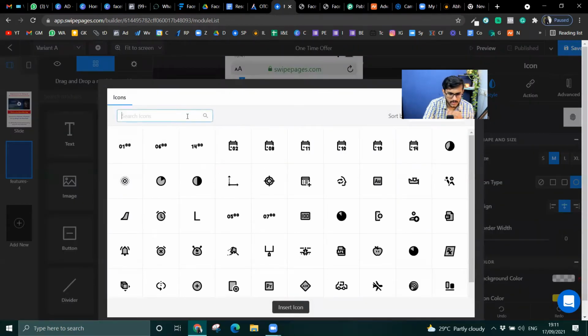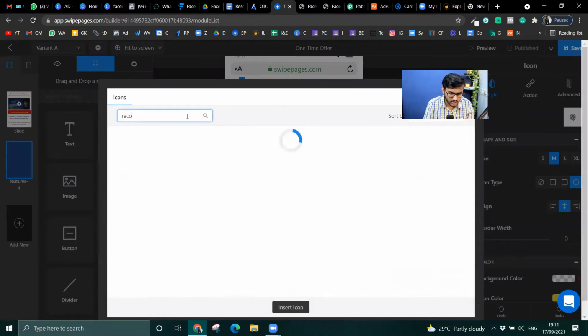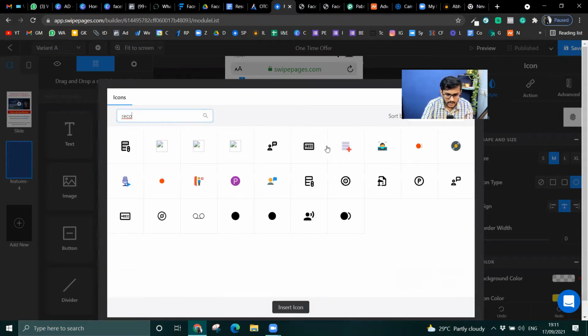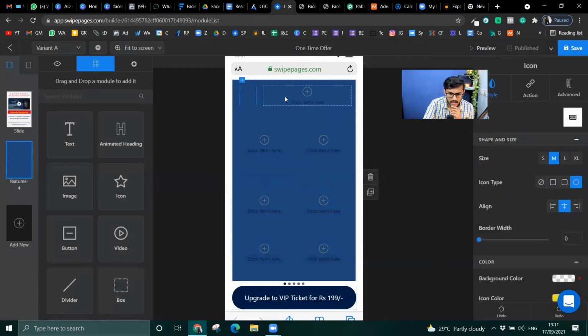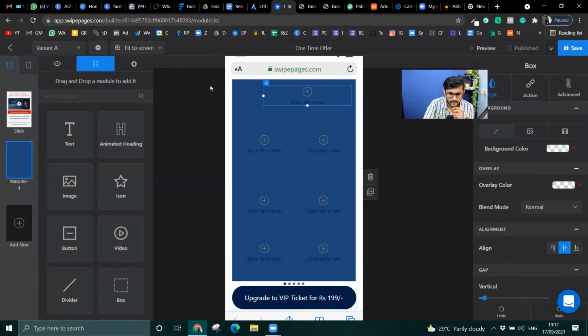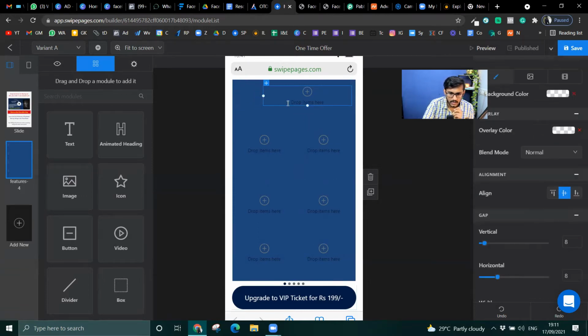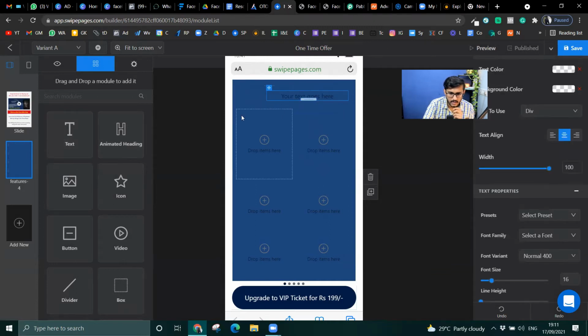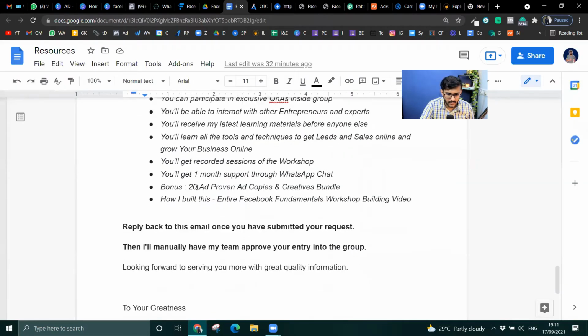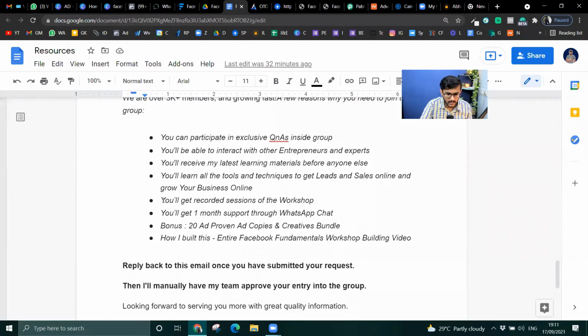So I'll just go and say recording. Yeah, I got a recording one. Nice. Icon color is added and then I say text. Recorded sessions of the live workshop.